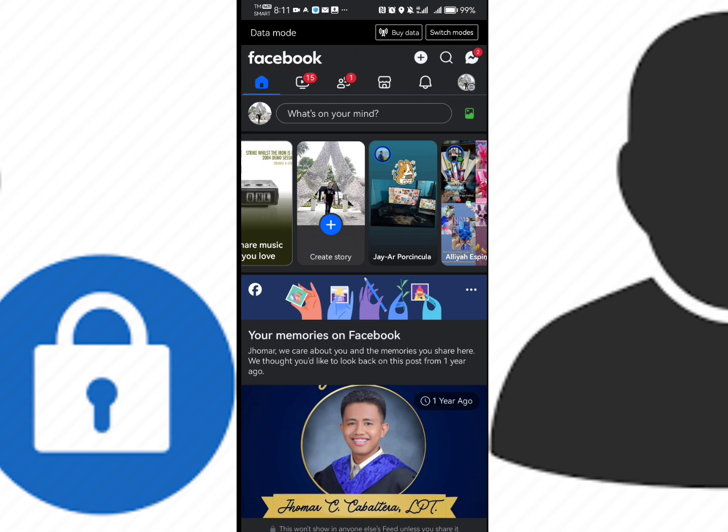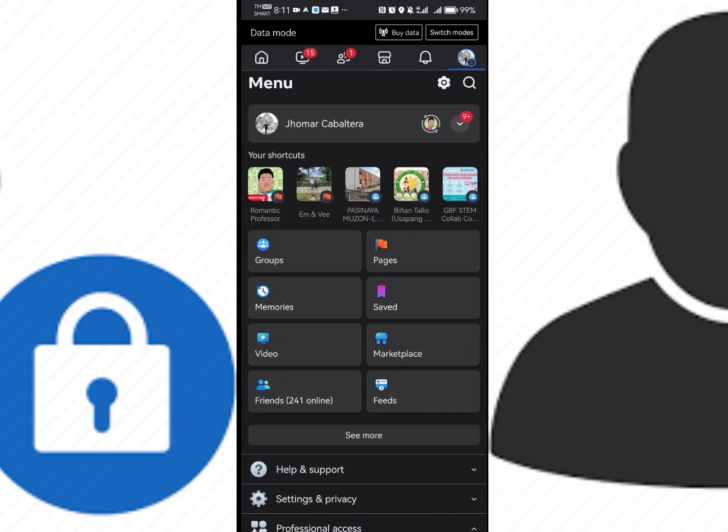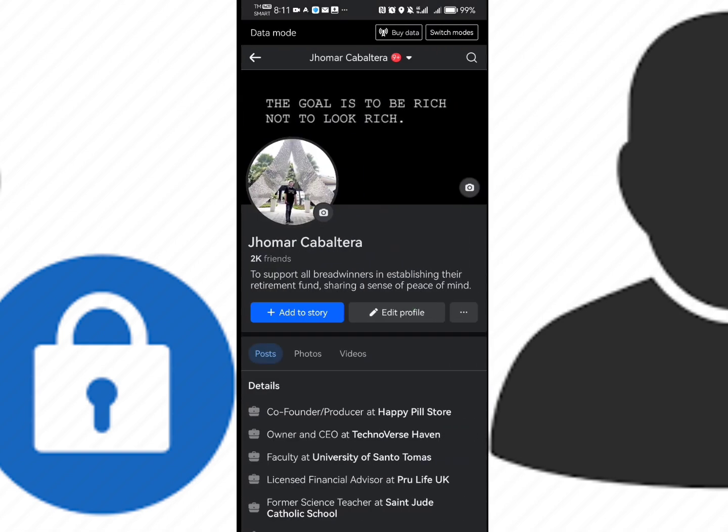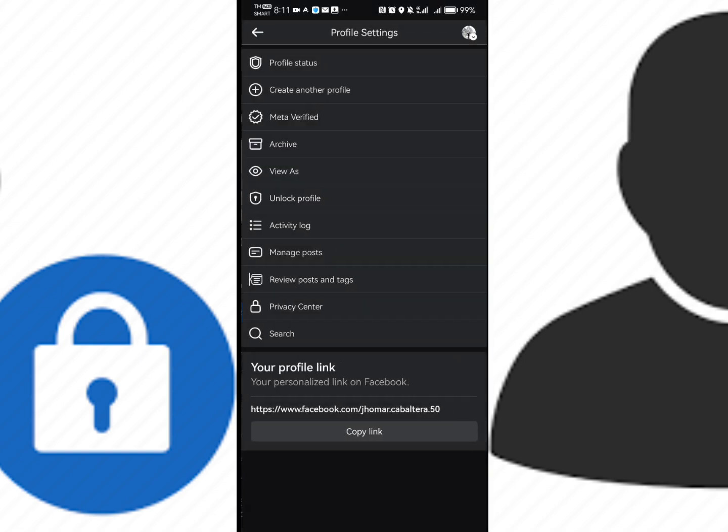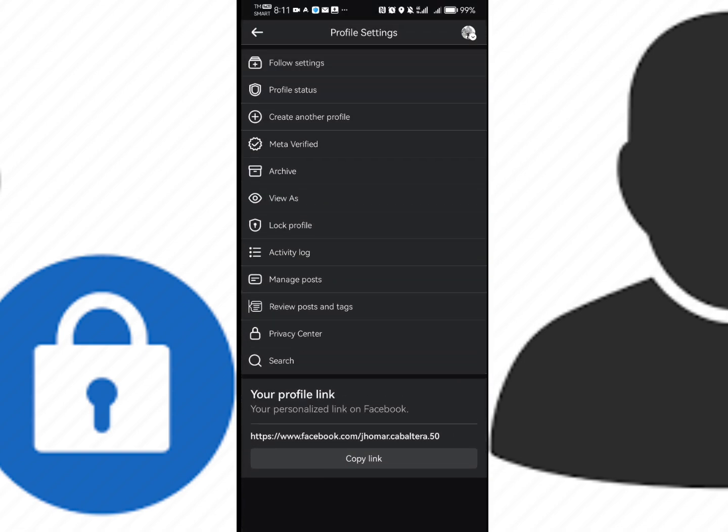Now if you want to lock your profile account, please click on the upper right side, the one where you see your picture, and then click your account here. Once you're already in your account, click the three dots on the right side, this one, and then here you will see some profile settings. Now as you scroll, you will see here the lock